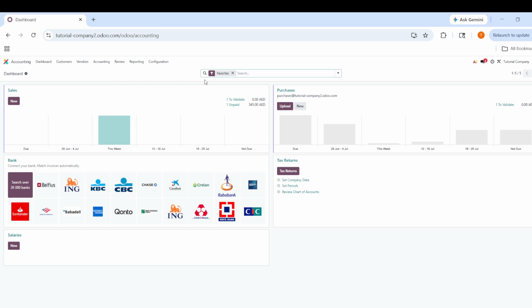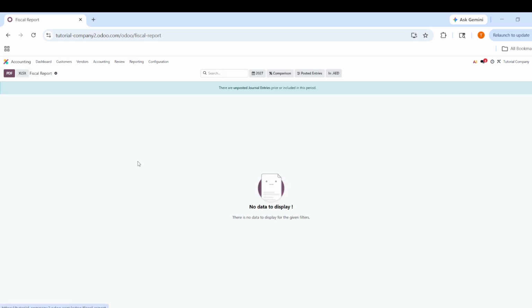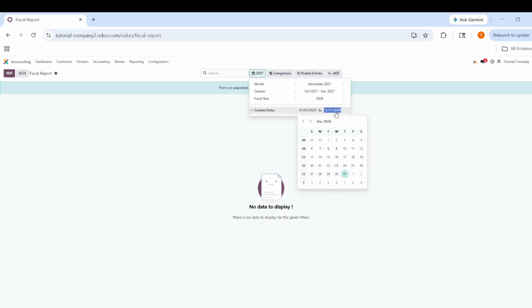Once you are in the accounting app, click Reporting and then choose Set up your fiscal year. When you open that option, you will be prompted to establish the time frame for your financial year. Take a moment to look at what Odoo expects for the start and end dates, because this setting affects how financial periods are grouped in reports like the balance sheet and profit and loss statement. Setting the fiscal year correctly helps ensure that transactions appear in the right time window and that your reporting stays